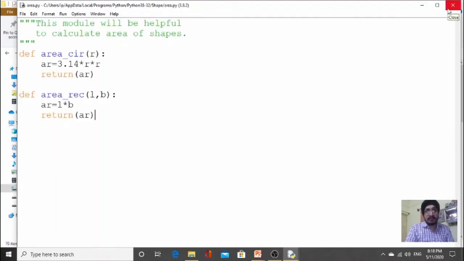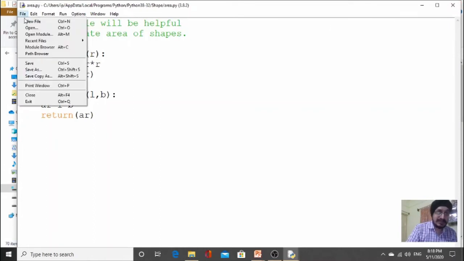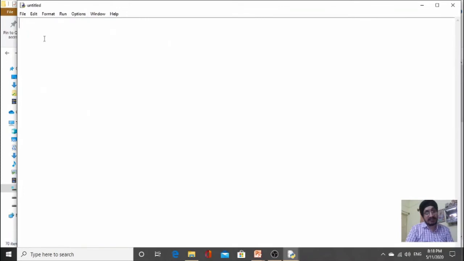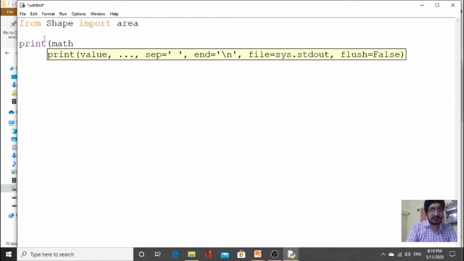Now to use this package, I am making a file. Here I am writing from shape, that means the name of your package, import the module name, that is area. Now after this you can use any function which is available in the module.